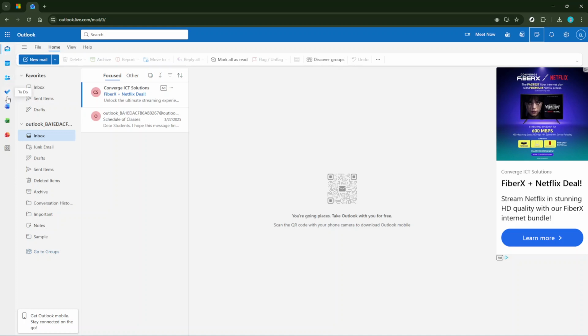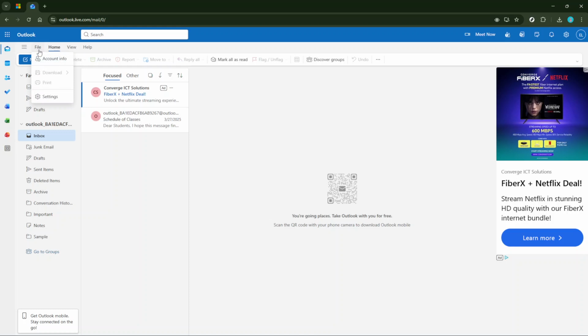Now, within the ribbon, the first thing to notice is the very first tab, labeled File. It's surprisingly easy to overlook if you're not aware, as the default view often emphasizes the Home tab instead. But the File tab is the key to unlocking what Microsoft calls the Backstage view. This is where many important options reside, waiting to be accessed for a variety of tasks.